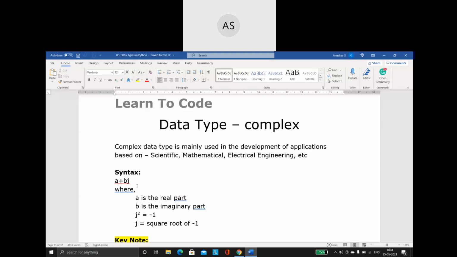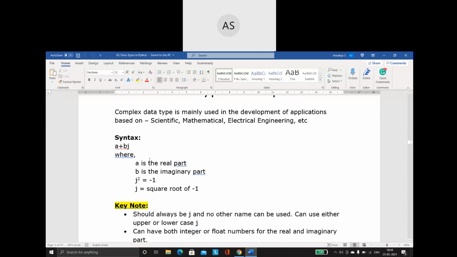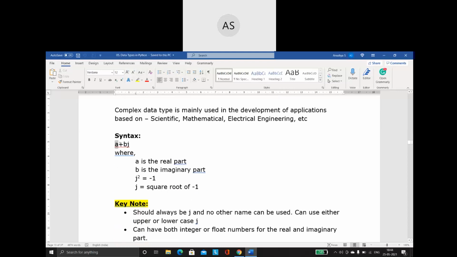Right now, when we come to that part of the Python syllabus, I will tell you more about complex. Right now you just need to know how to create a complex value and what the do's and don'ts of the complex data type are. So that is what I'm going to discuss with you right now. The syntax is, you will have a real part and an imaginary part. This is how we construct our complex data type. A complex data type consists of a real number and an imaginary number.